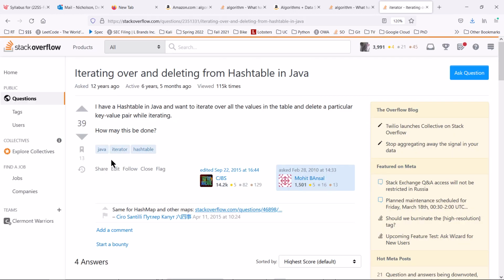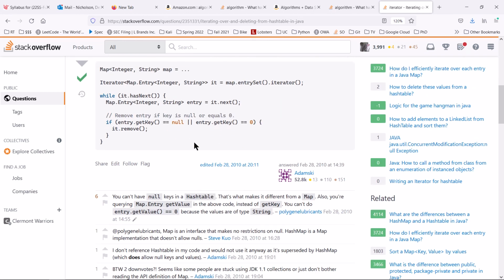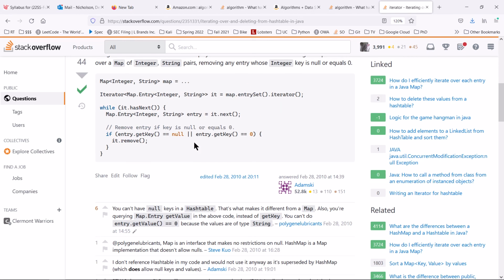No reason but to get a different perspective. I have a hash table in Java and I want to iterate over all the values. That's exactly what I want to do. Okay. They're using a different syntax, while, and then they're using hasNext.